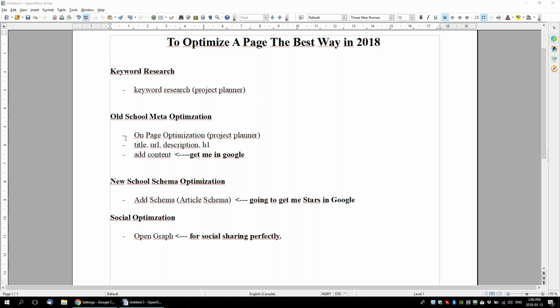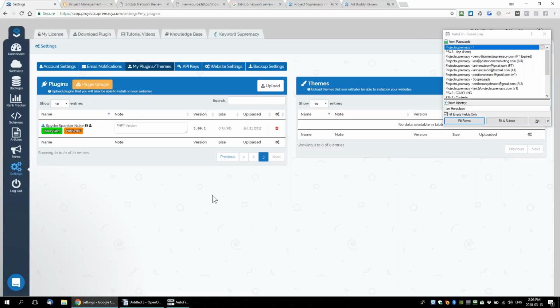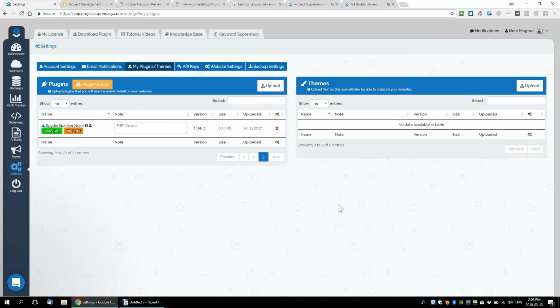Herc, send out a plugin or PDF, or better yet, make it available in the dashboard. I guess the reason I've never done a thing on plugins, guys, is I figured everybody has their own unique set of plugins that they like to use, and I just didn't need to cover extra plugins and stuff like that, I guess. I don't